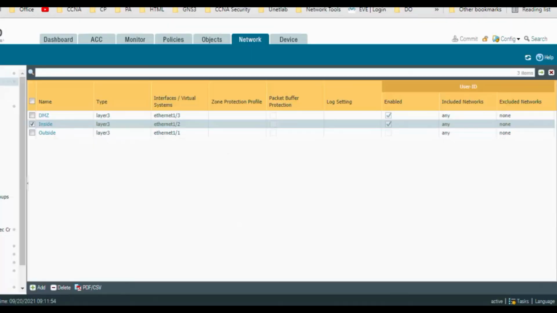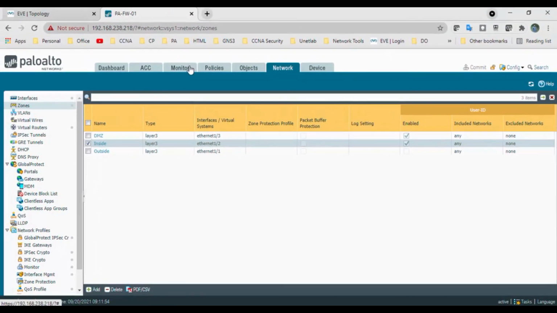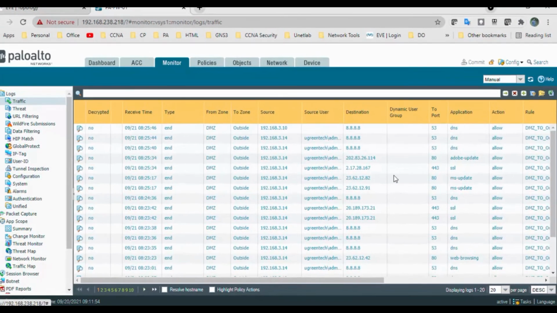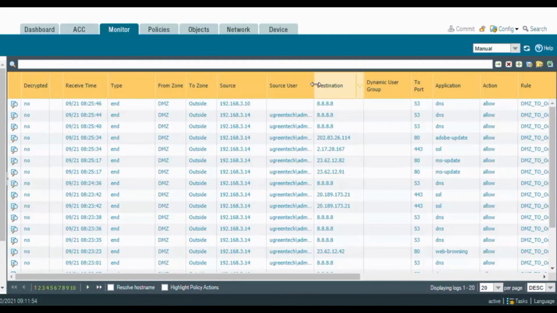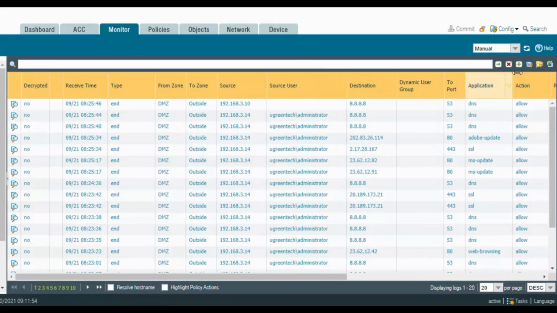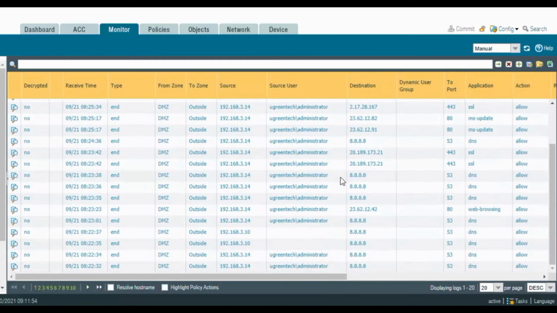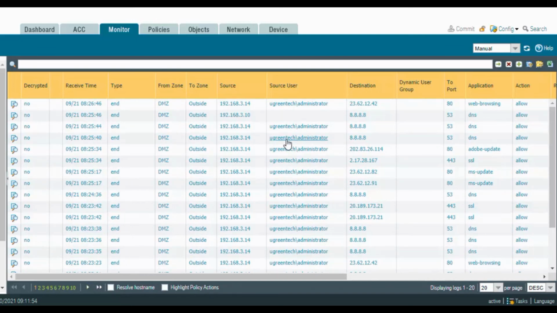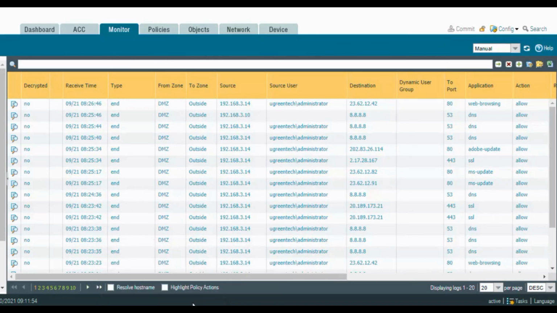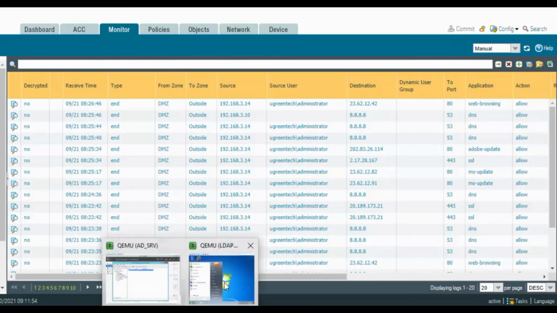So go to the firewall, go to the monitor, and go to the traffic. Click on refresh. So I am able to see the U15 admin one. Let's try to generate some traffic.